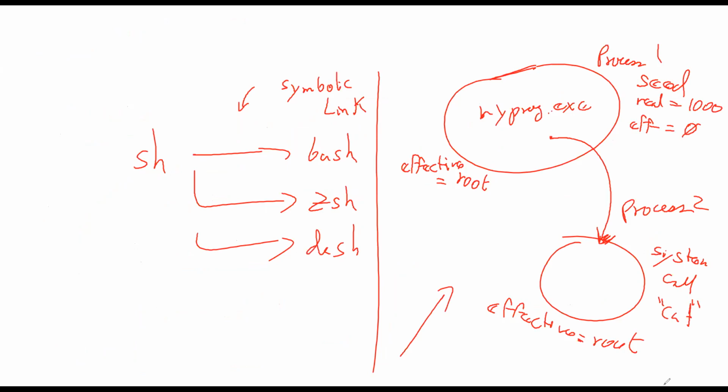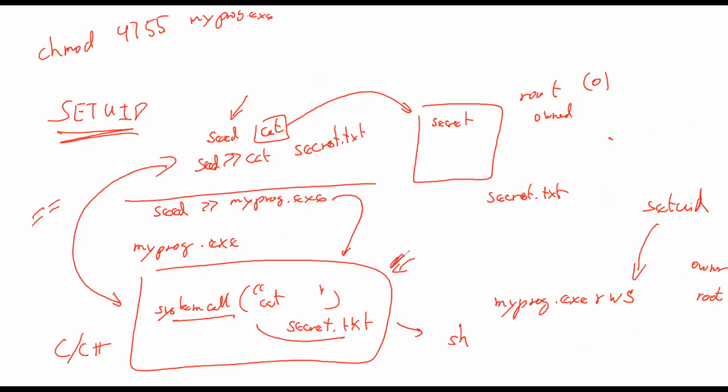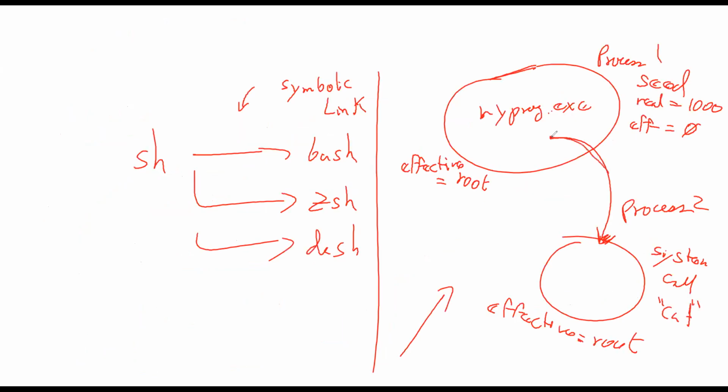But in the program itself here, you have this dangerous thing, system call, where system call is equivalent to you typing in the shell cat secret key. Now, cat secret key is harmless at this time. We're going to see later on something else, but this system call here is the danger,